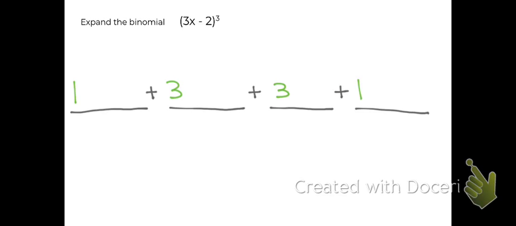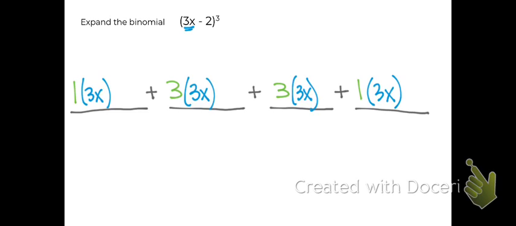What else is going to go on these 4 gray lines? Well, first, let's start with the terms that are inside our parentheses, the 3x. So we're going to put that on each of the gray lines. And then the other term, this is negative 2. So let's put that on each of our gray lines. And we're almost done. The last thing we need to do is add some exponents,